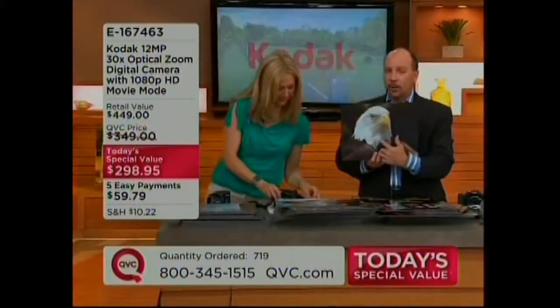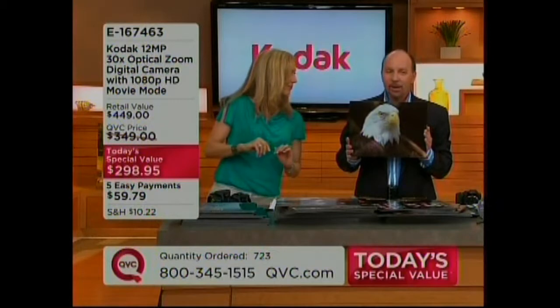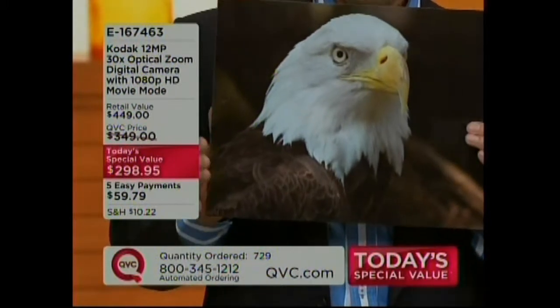You want to capture incredible wildlife, though, when the wildlife doesn't know you're there. Look at this picture of this great American eagle. Oh my gosh. The pictures tell the story. So the big story, again, when you order